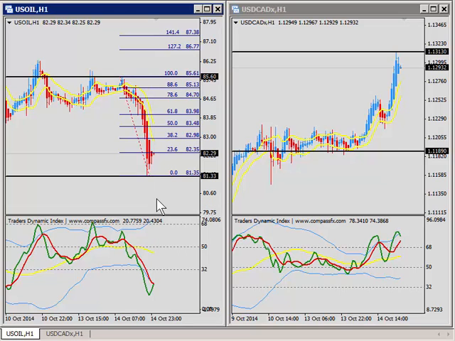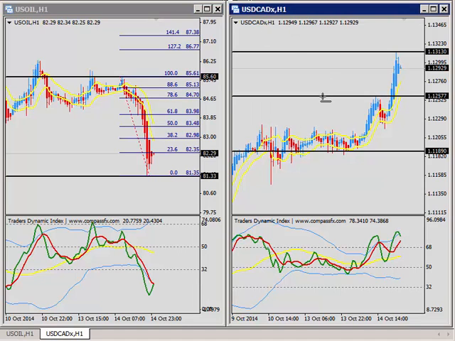Now, how will that impact the dollar CAD? Well, if the market pulls back further in the crude, then what we'll look for in the dollar CAD is a possible pushback to about that level, somewhere I'd say in the ballpark of about the 1250, 1255 area, if crude continues to push back. However, on the flip side, if crude holds this area, rolls down, and continues in the Asian session and into the European session overnight, then I'm going to look for the dollar CAD to push higher.